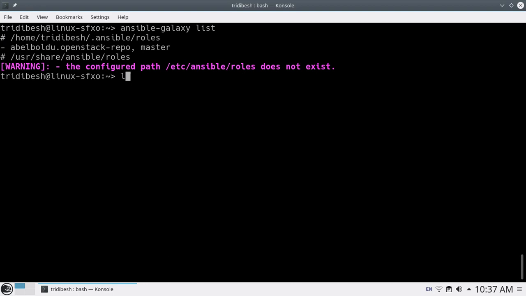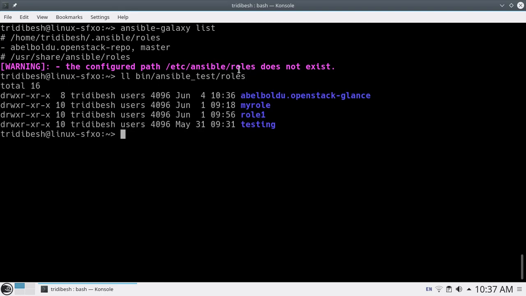So let's verify whether what we downloaded is there or not. You can see that it's there. How to use this is very easy.